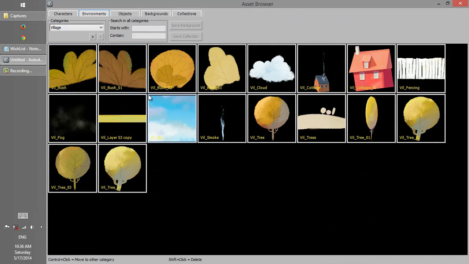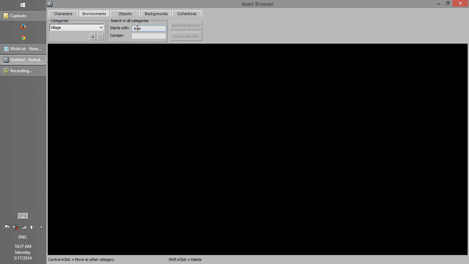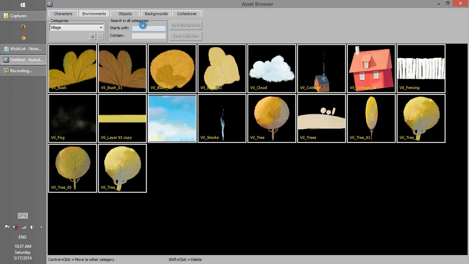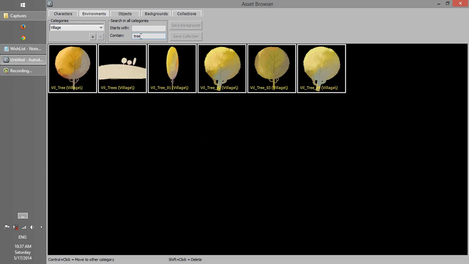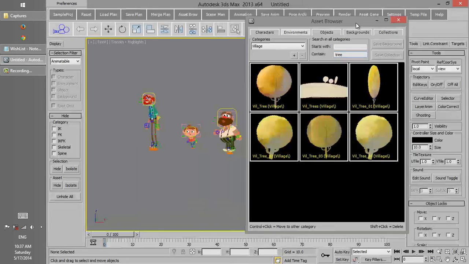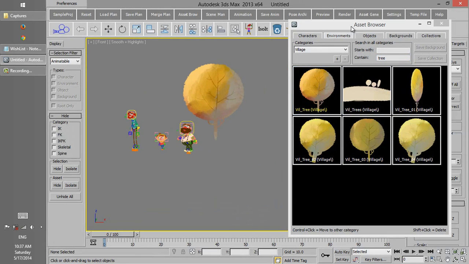If we want to search for a name in the environment, we can search for that. We have two search types, and one is starts with, which looks for the beginning of the name, and in that case there is no name starting with tree. Or we can use the second method in which our phrase, like tree, can be in the middle of the name. And at the moment we can get everything that has the name tree in the middle,